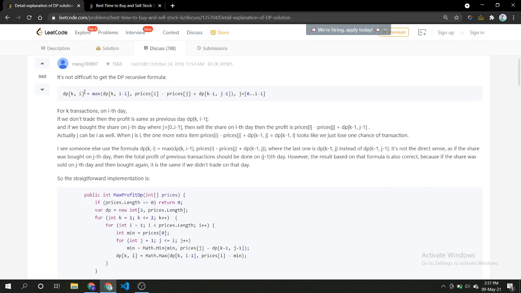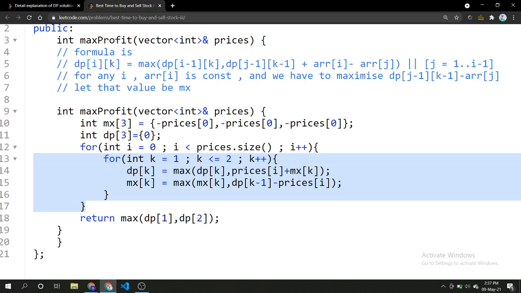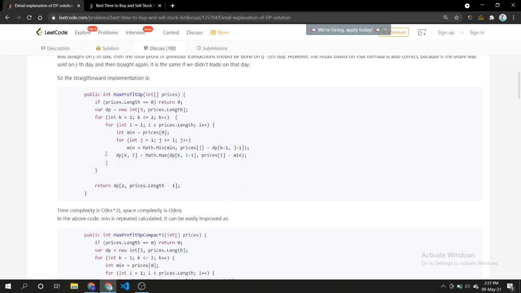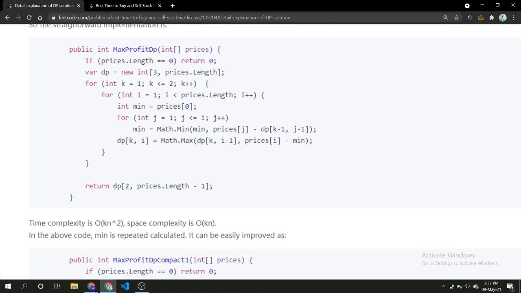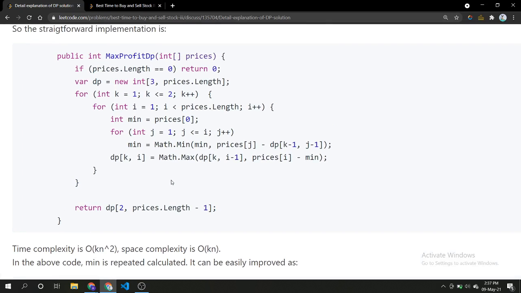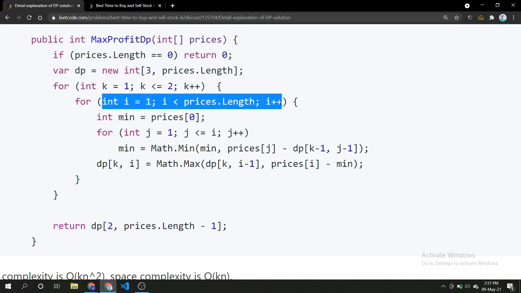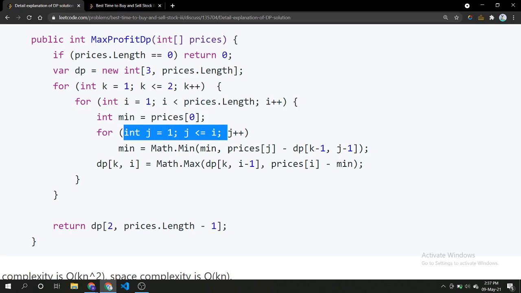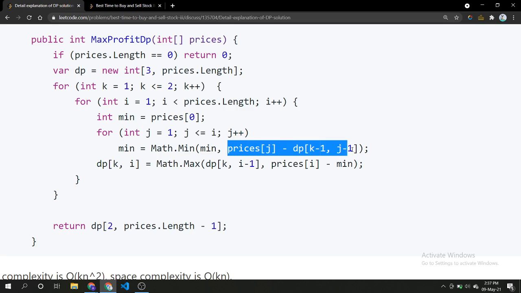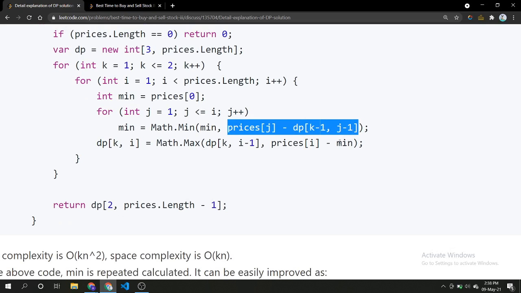So this was our formula. Here only i and k are swapped. For this formula we just brute force to find the answer. The answer will be for any k, we are just traversing our whole array and finding the maximum of the negative of this value. Here he is taking the minimum, but we are taking the maximum of the negative of this value. These are basically the same thing.